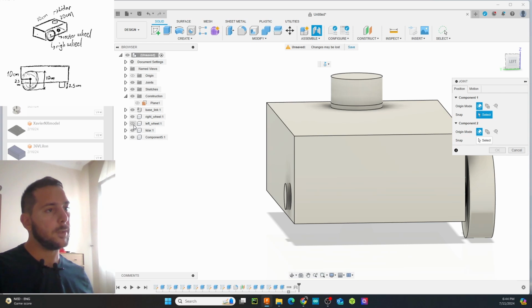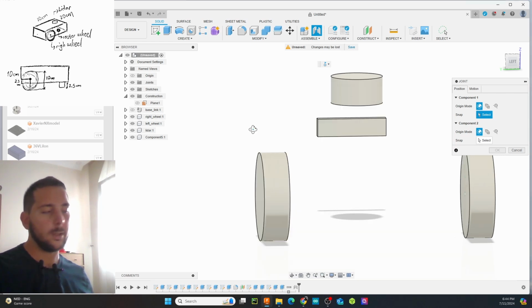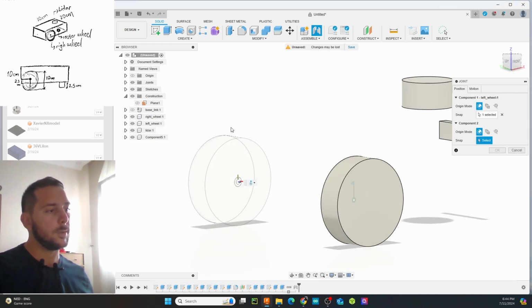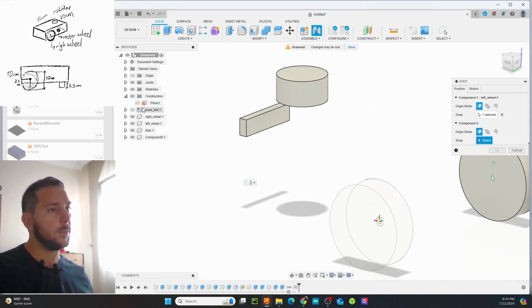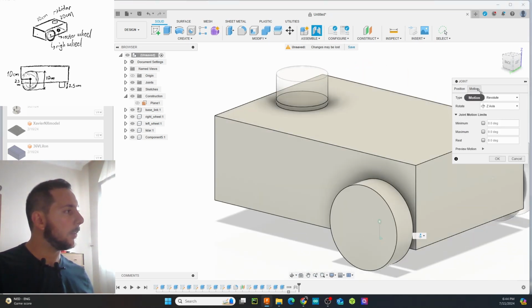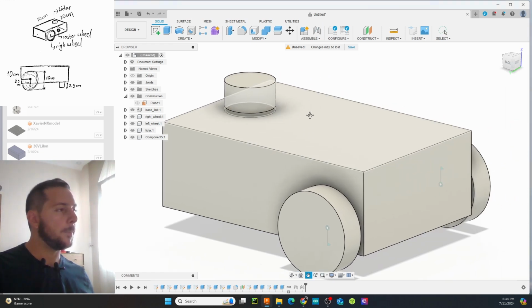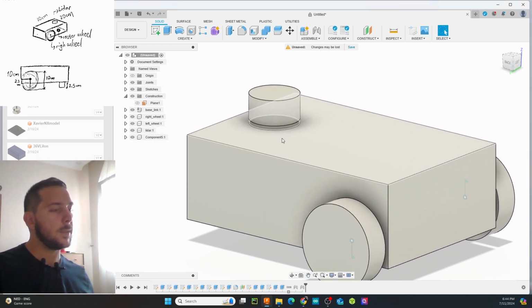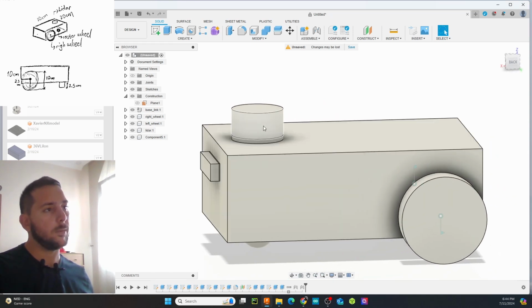So I'm doing the same thing. I'm again selecting firstly the wheel, and then I'm opening the base link again, and I'm selecting that. And it's still revolute, and it's okay. Now let's select the camera and the Lidar. So we're clicking on the